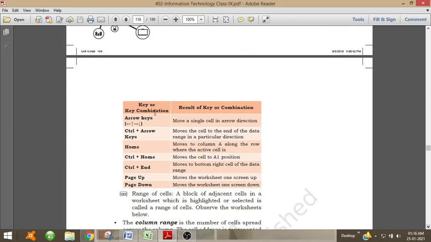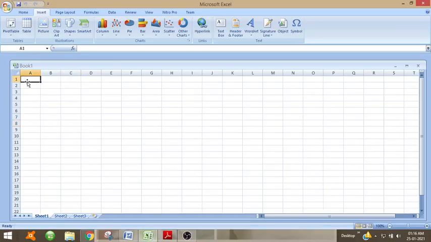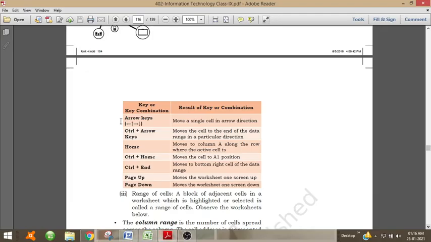Now key or key combination, and the result of the key or combination. Suppose move a single row in arrow direction. That is, if we want to move a single cell, you can use the arrow keys on the keyboard to move to different cells.